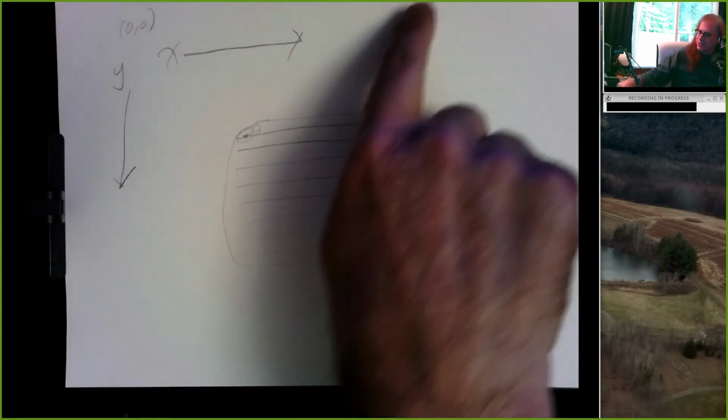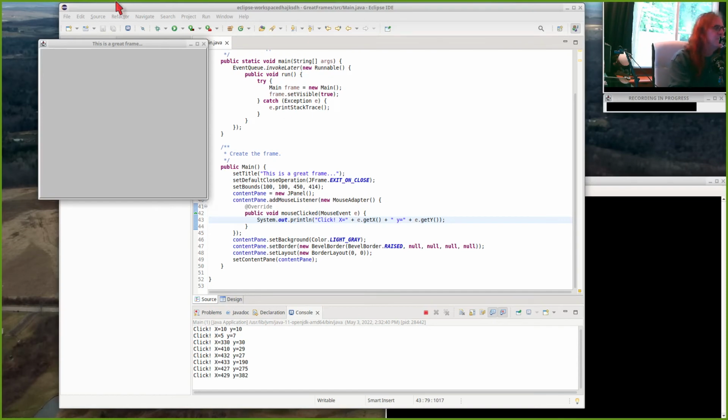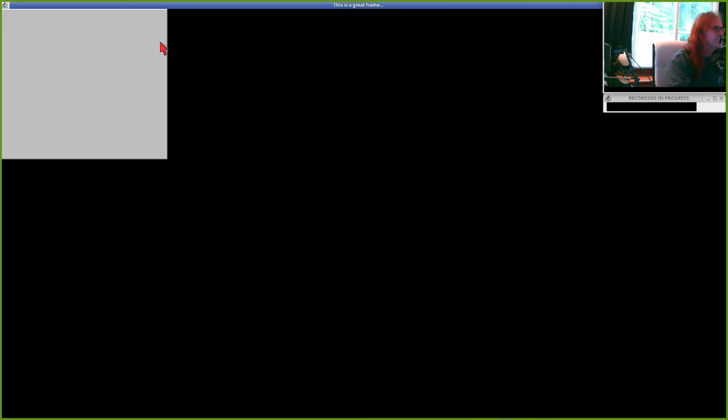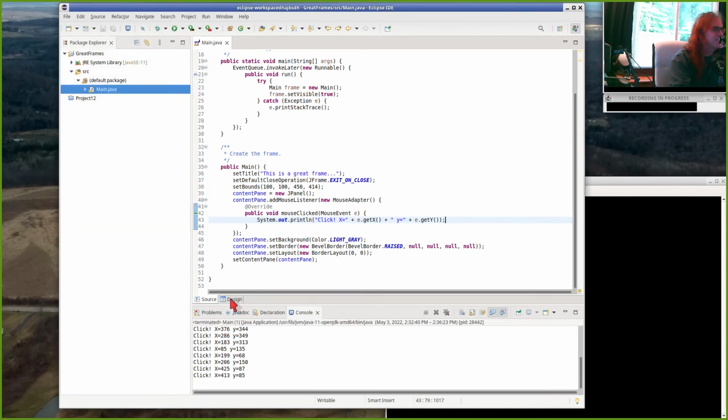Alright, so X goes across, Y runs down, and we can explore that by clicking around here. Now if I click up here on the title bar, nothing happens. I can maximize, but my click code does not fire. Right? Why is that? Because over here,